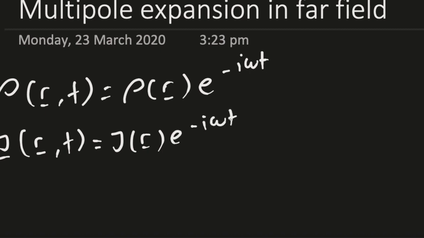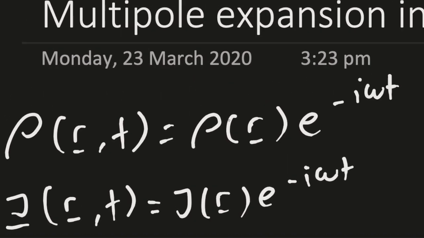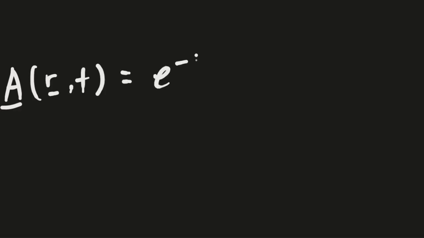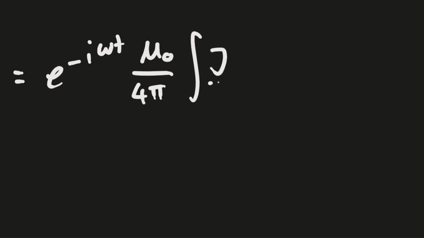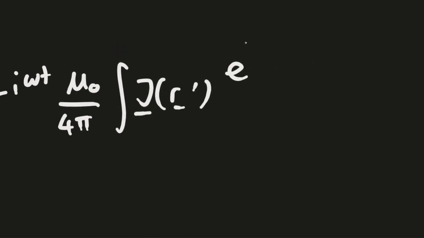So we're imposing some sort of sinusoidal variation with time on these two. And what we'll get is a vector potential that is of the form mu naught over 4 pi. This is by Maxwell's equations. J of r prime e to the i k